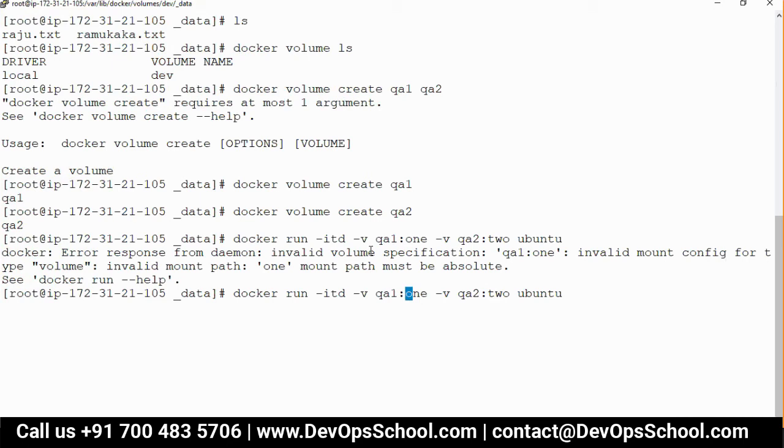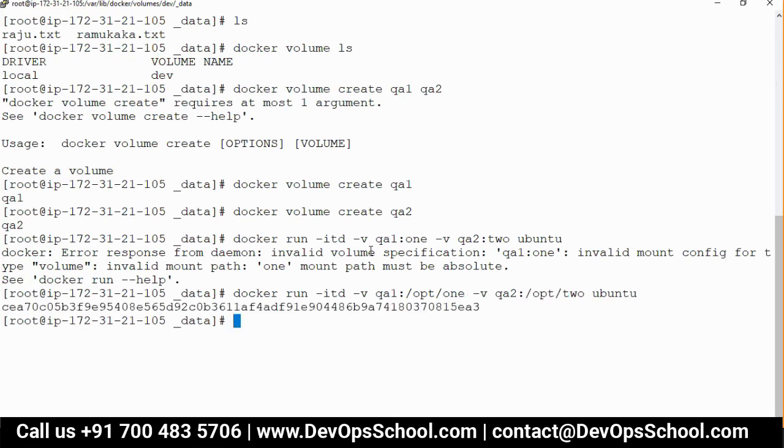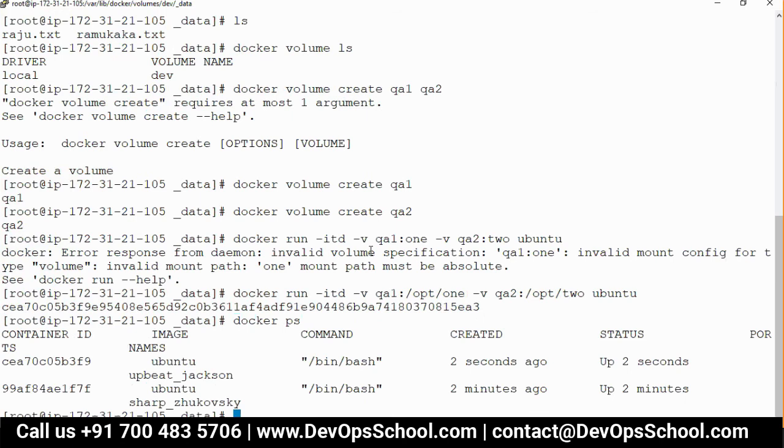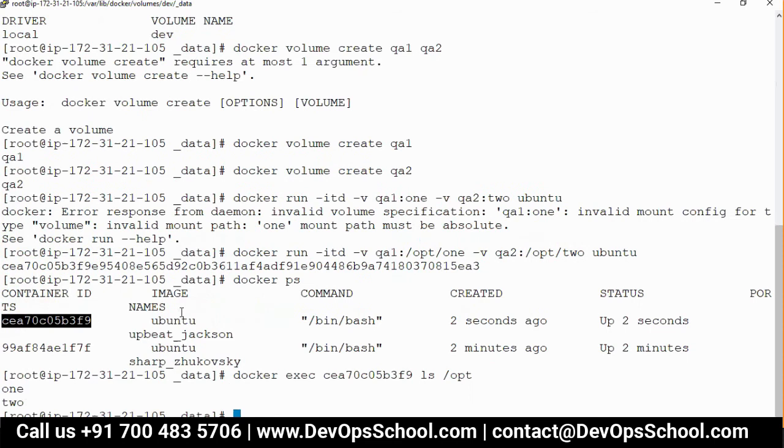It should be opt. Got it? Done. docker exec container ls opt. Done.